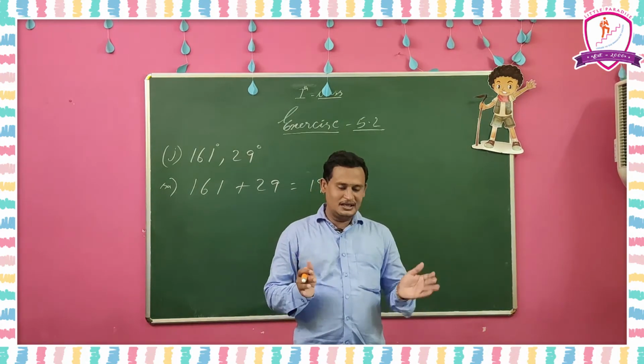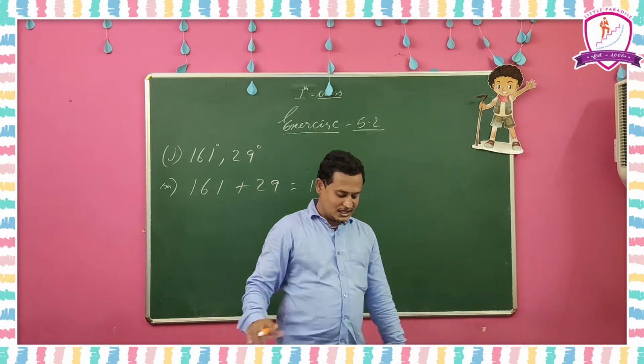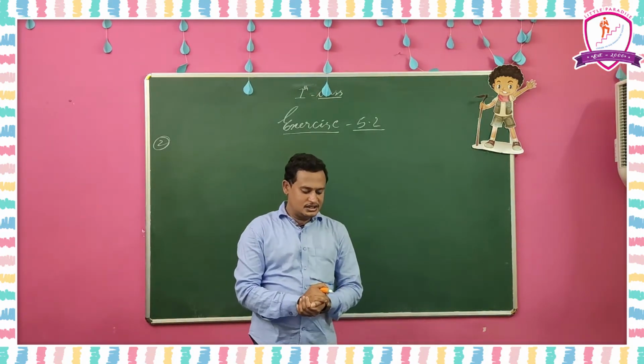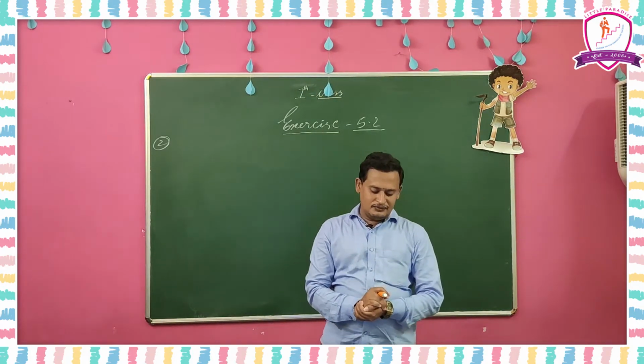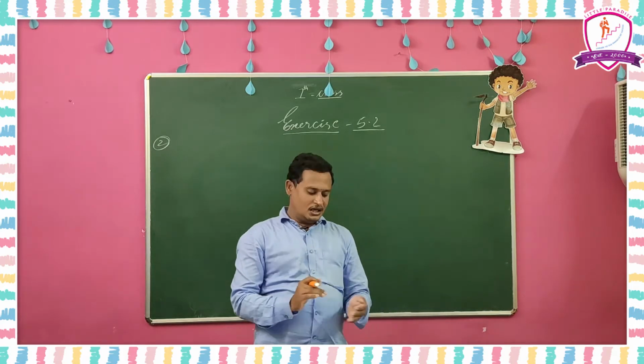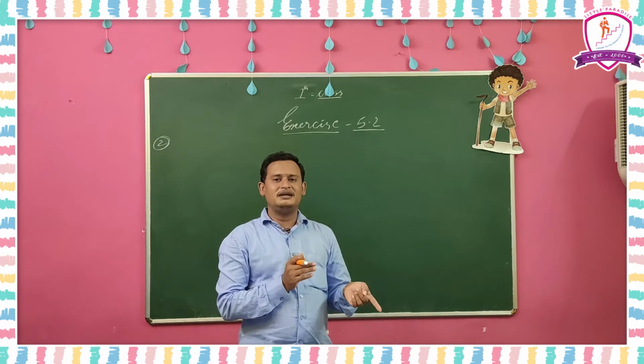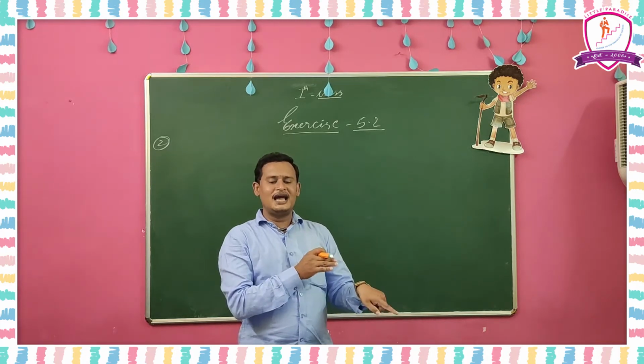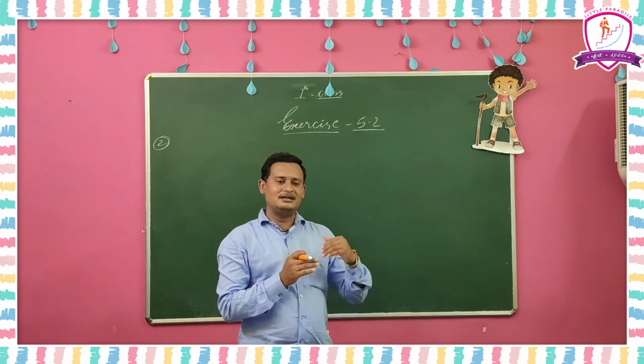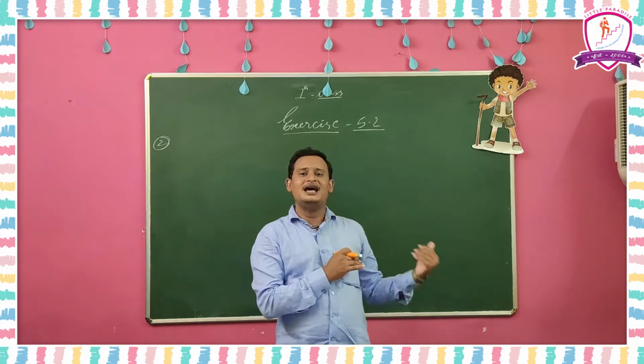We have completed the first Roman numeral. Coming to the second Roman numeral, what is the question given? Find the complement of each of the following. Here one angle is given, so what will be its complement? The complement is what should be added to the given angle to get 90 degrees; that angle must be the complement for the given angle.